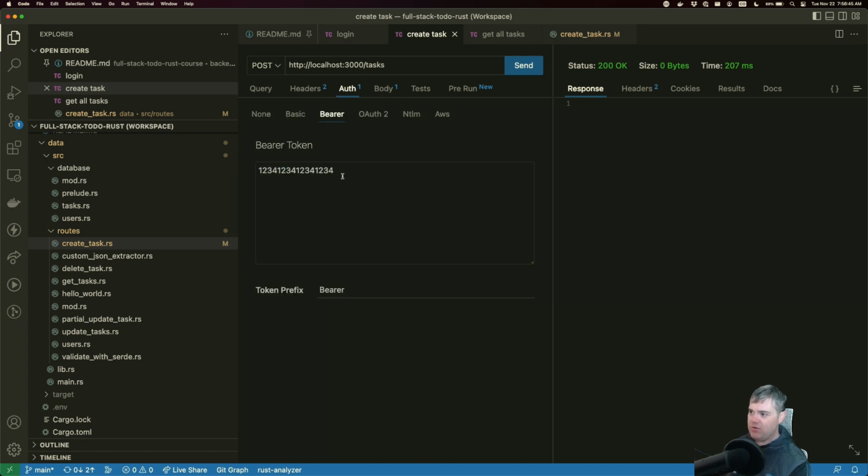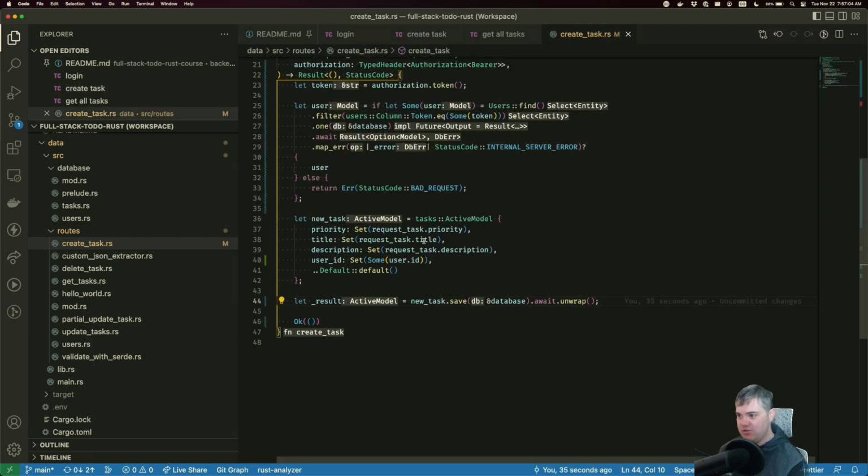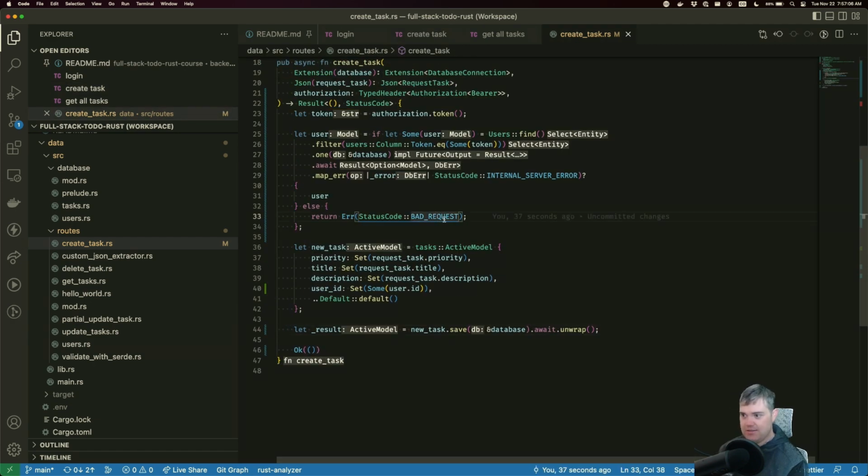Now, if I go back to our authentication and we just add some more information here, we get a 400 bad request. So now, is that actually correct? 400 bad request? I don't actually think it's exactly right. There are codes for if you're not authenticated. Let's go ahead and use one of those. So instead of bad request, let's go find it.